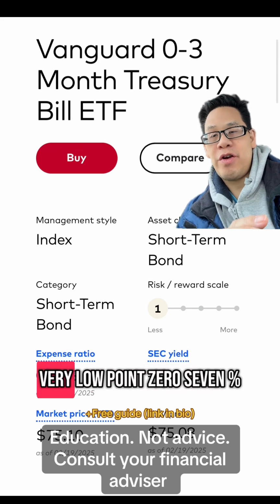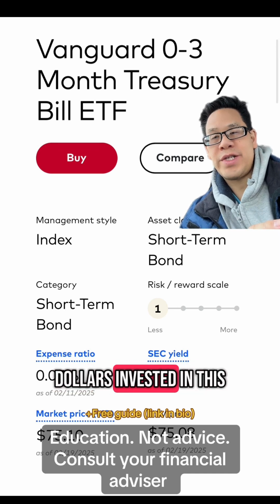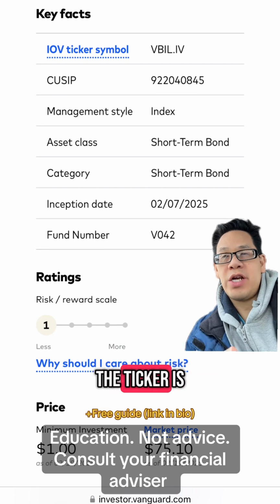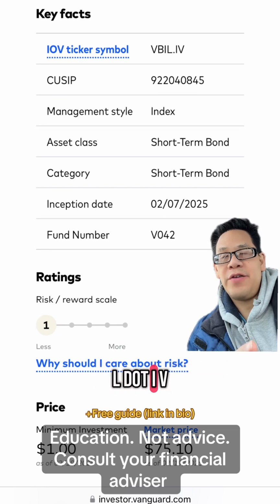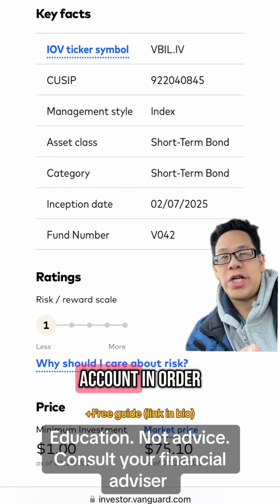The expense ratio is very low, 0.07%. That means you pay 7 cents for every $100 invested in this. It was created a few days ago on February 7th, 2025. The ticker is VBIL.IV. So that's important to you because that's what you're going to type in your brokerage account in order to